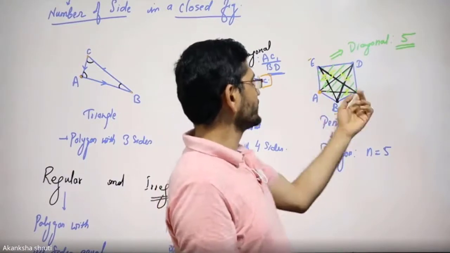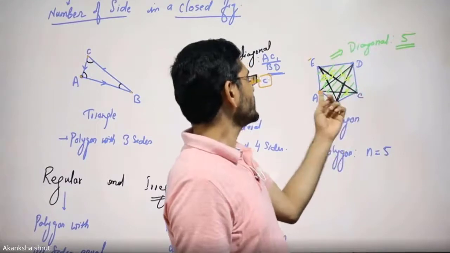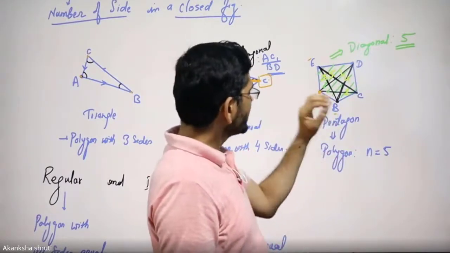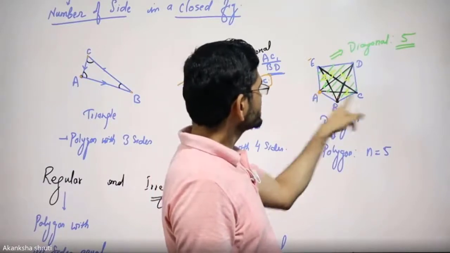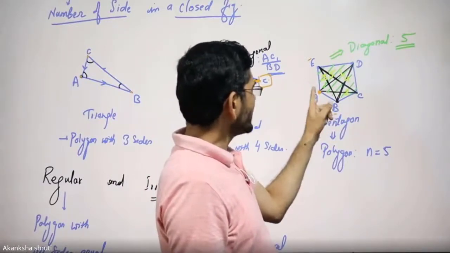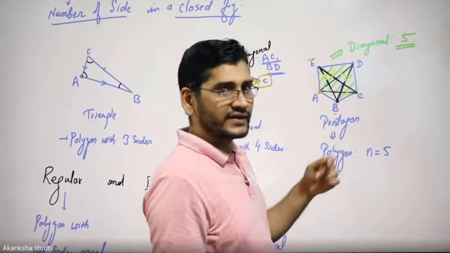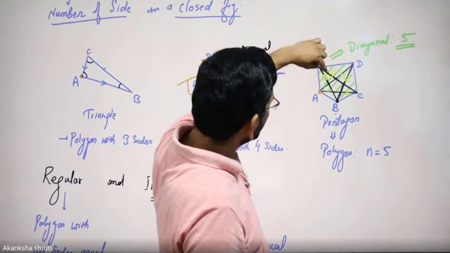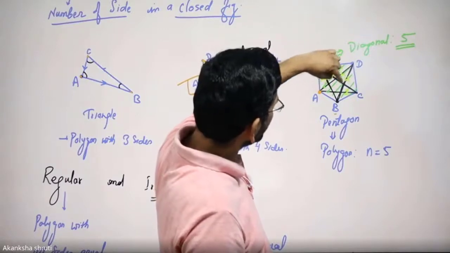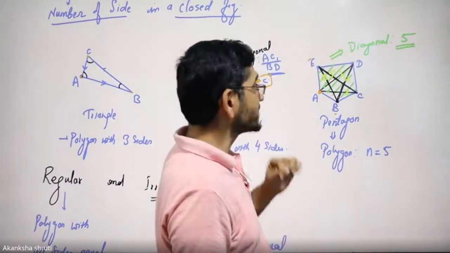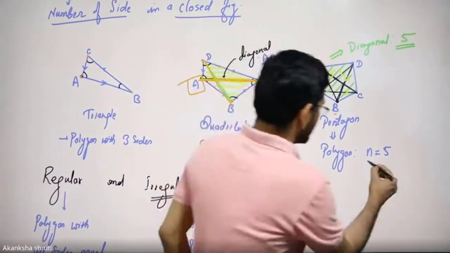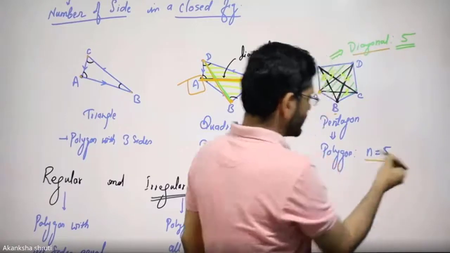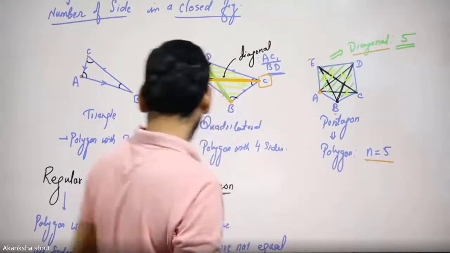Now coming to the vertex C, C to A and C to E could be the other 2 diagonals. So this way, here we are observing C to A was the same as A to C. So that gets repeated. Now if you are counting, you will get a total of 1, 2, 3, 4 and 5 diagonals. Therefore, we have written a total of 5 diagonals, though for a pentagon, the number of sides was also 5.